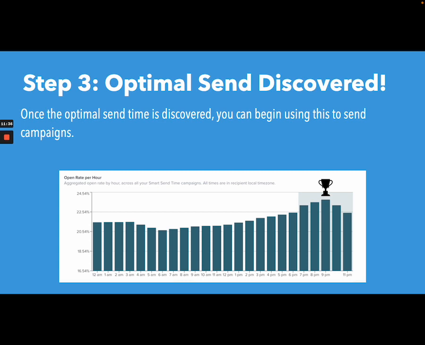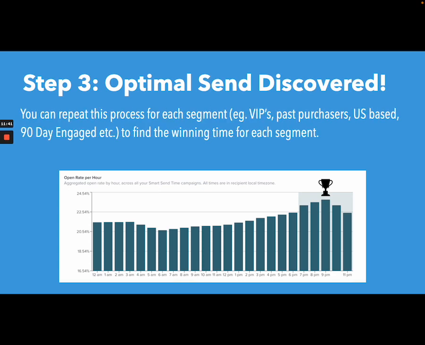So once the optimal time is discovered, you can begin using this to send campaigns to your audience. And obviously you would just need to repeat this process for every segment. So maybe you have a VIP segment. Obviously you would need to have 12,000 people in there. Past purchasers, maybe you do it based off your location, so all of your US customers potentially, and then maybe you'd have an audience in